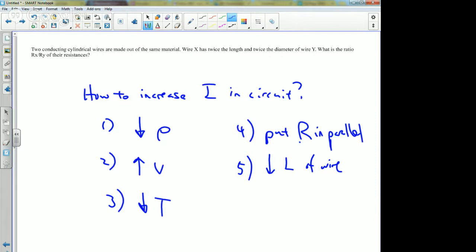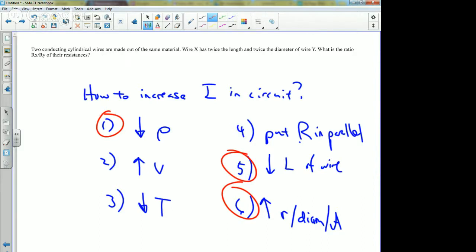What else can I do? Danish? Increase the area. I could increase the radius or diameter, or basically the area of the wire. So 6, 5, and 1 are all about decreasing resistance. You decrease resistance based on the formula rho L over A. Or you could increase the potential difference, or you could decrease the temperature, or you could put the resistors in parallel. Okay? So I just want you guys to understand the relationship between all these things and how they affect